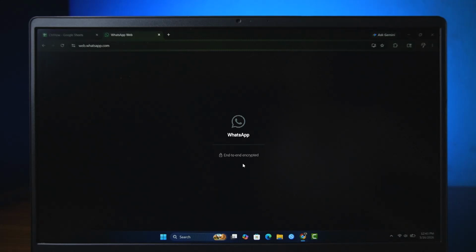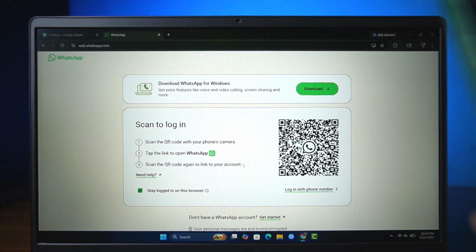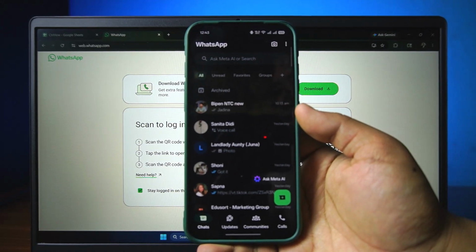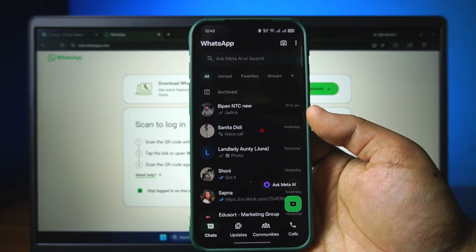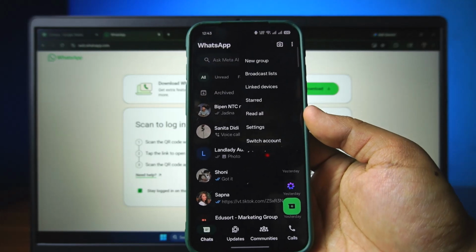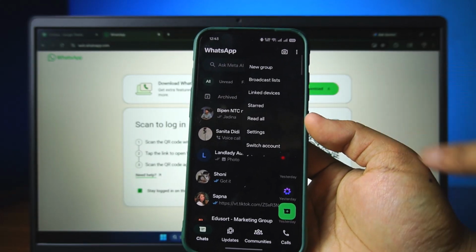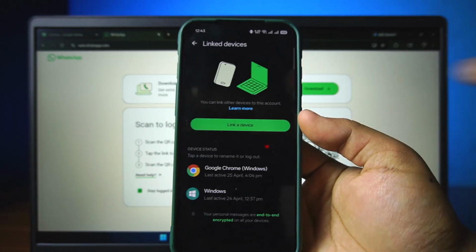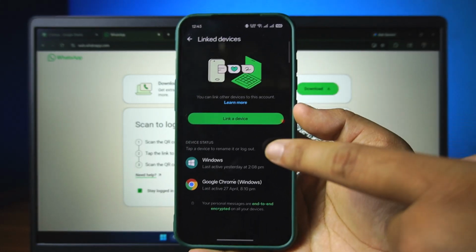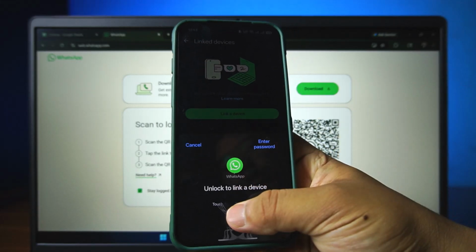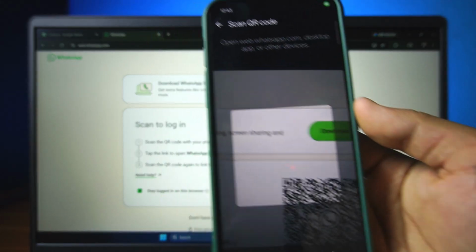For that, what you have to do is make sure to simply launch your smartphone. So basically on your smartphone, just launch WhatsApp. And once you launch WhatsApp on your smartphone, tap on these three dots from the top right hand side, and there you can see this option called linked devices. So all you have to do is tap on this linked devices tab, and here you'll find the option to link a device. So now tap on the link a device option, verify with your biometrics, and simply scan this QR